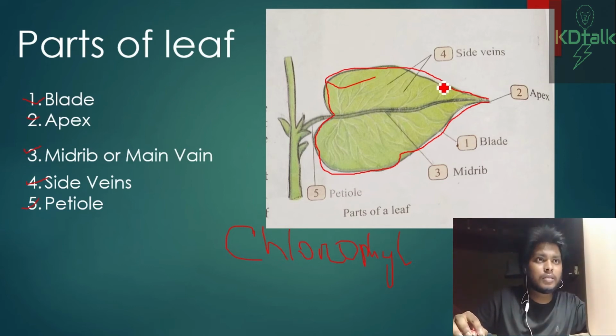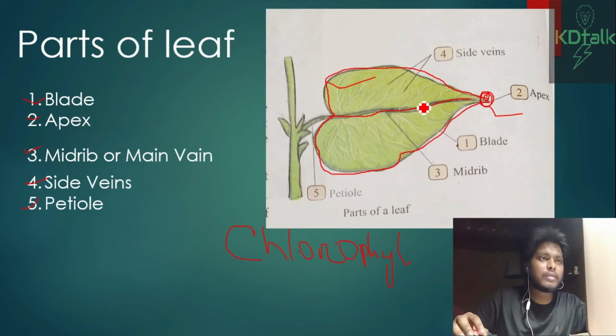This is the blade that lies on the side, and this is the apex, the tip of the leaf. This one is the midrib,